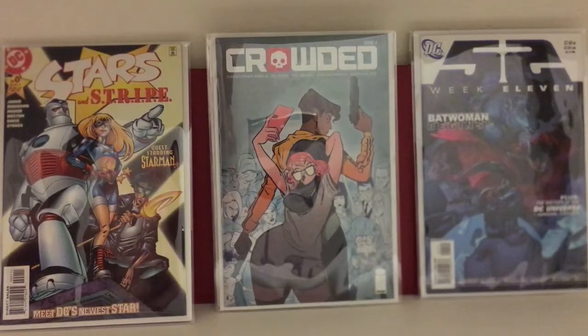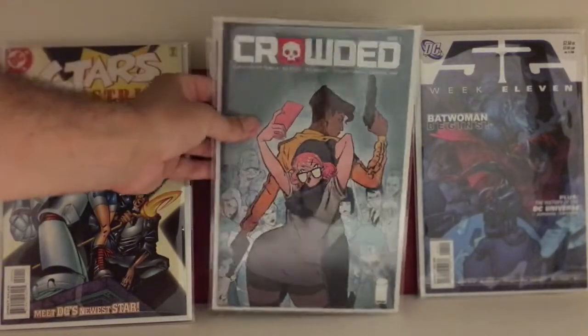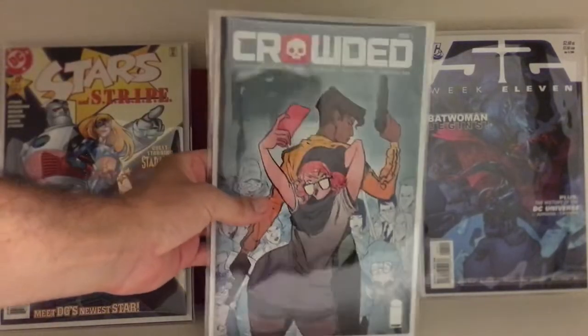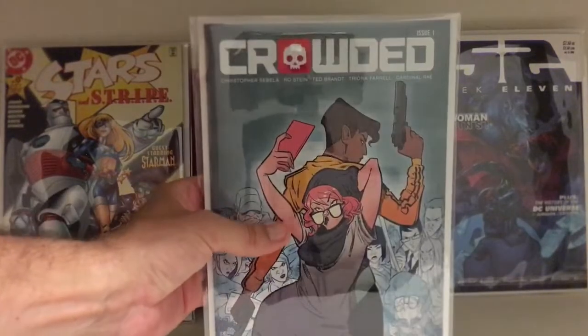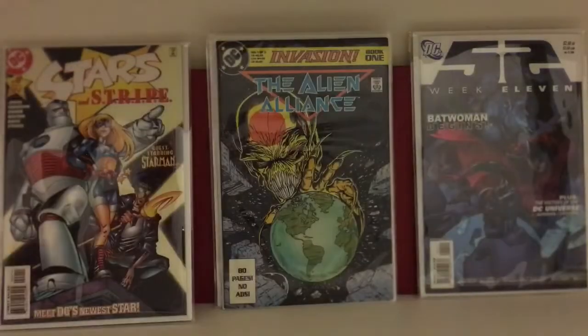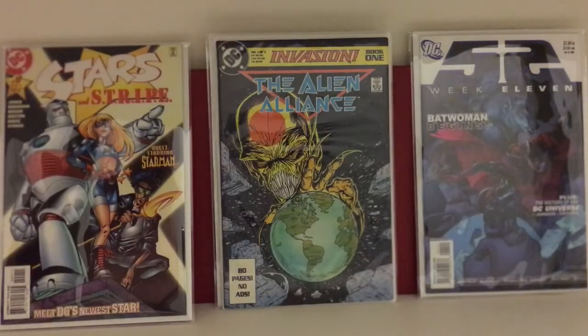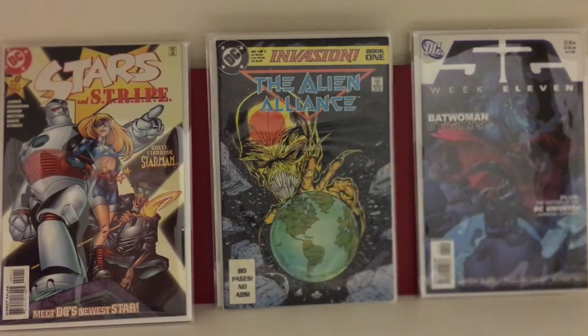I actually got this today. New releases this week. This is Crowded #1. Got an option for a TV show, I believe, or a movie, actually. So this is the last copy, man. I love when I go to my comic shop and there's one copy left. It's kind of a good feeling that, wow, I just made it just in time, you know. Regular cover. I think it's maybe a $10 book now online. You can still get it for cover price. Just look on eBay. There's people still selling copies, so...